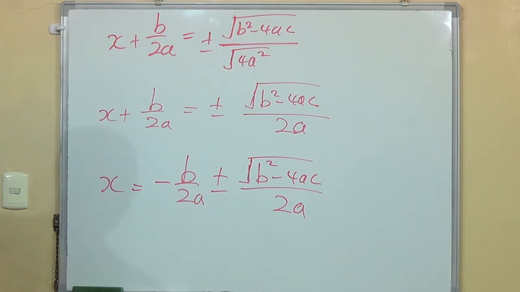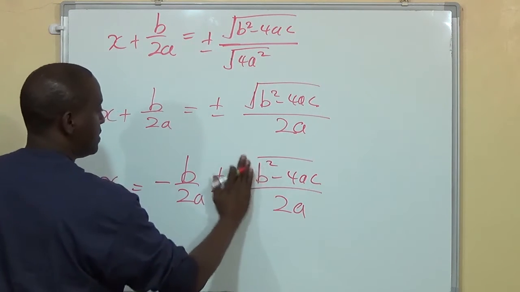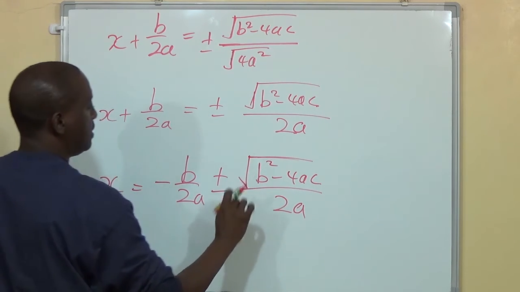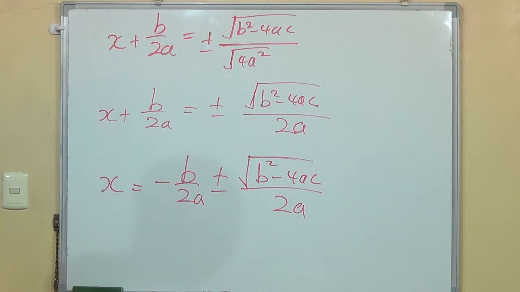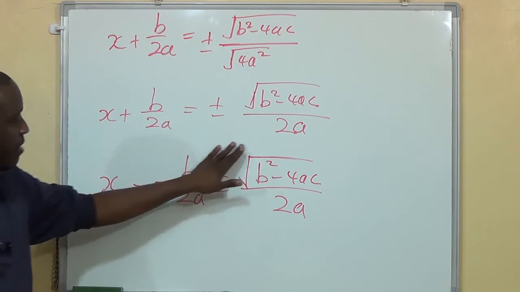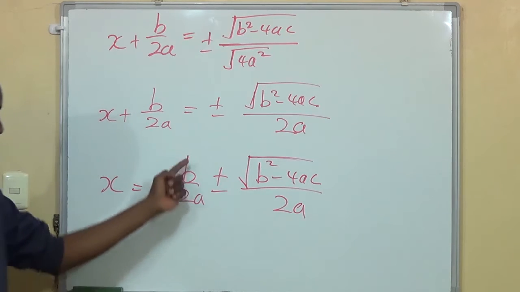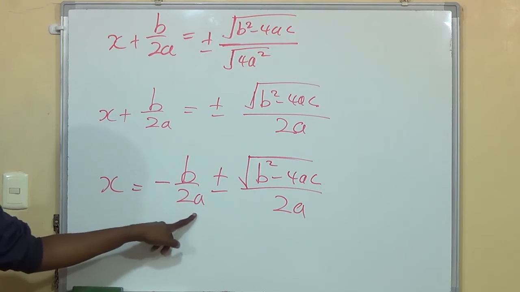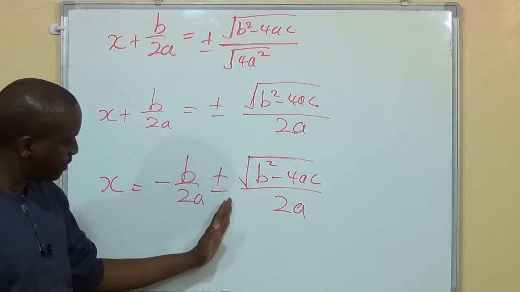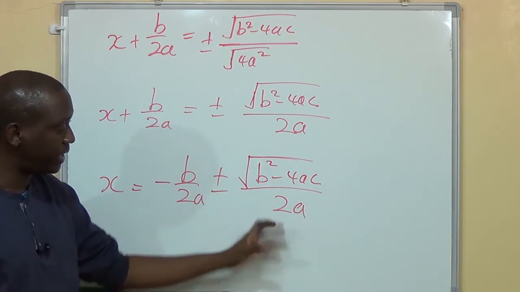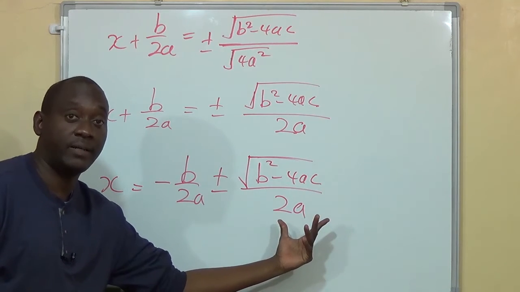And remember from previous discussions, mentioned repeatedly in the series of videos on completing the square, when you have two fractions with the same denominator, as we do here, 2a being the denominator in both,